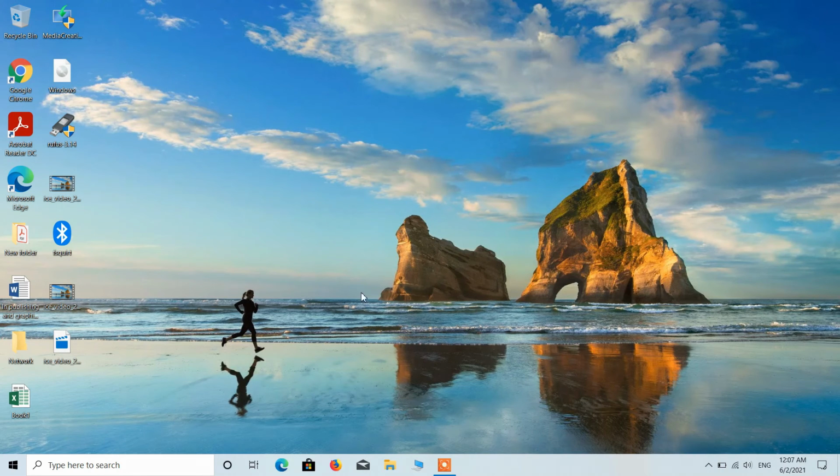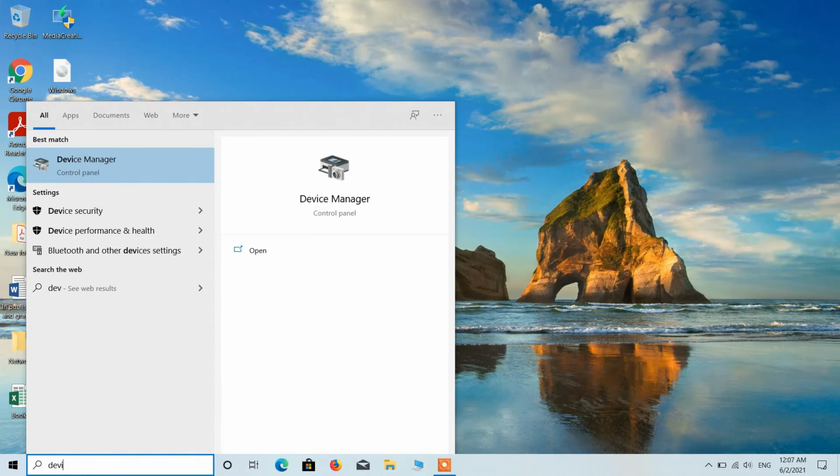So this is the second method that you can try out to fix the problems in sending or receiving Bluetooth files. Now let us move to the problem number 3. Let me open the device manager first.